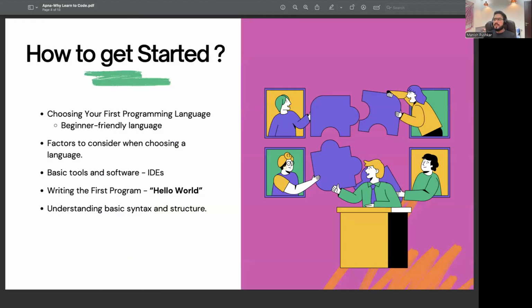अगला सवाल definitely आता है कि how to get started is the question. कि there are so many options as of now, right? There are so many programming languages. So as a beginner, what is the one programming language which I should pick? Probably you guys also might have heard a couple of programming languages. Someone said ki Python kar lete hain. Someone will say let's go with JavaScript. Someone will say let's go with Java or C++. And there is a lot of confusion around this.